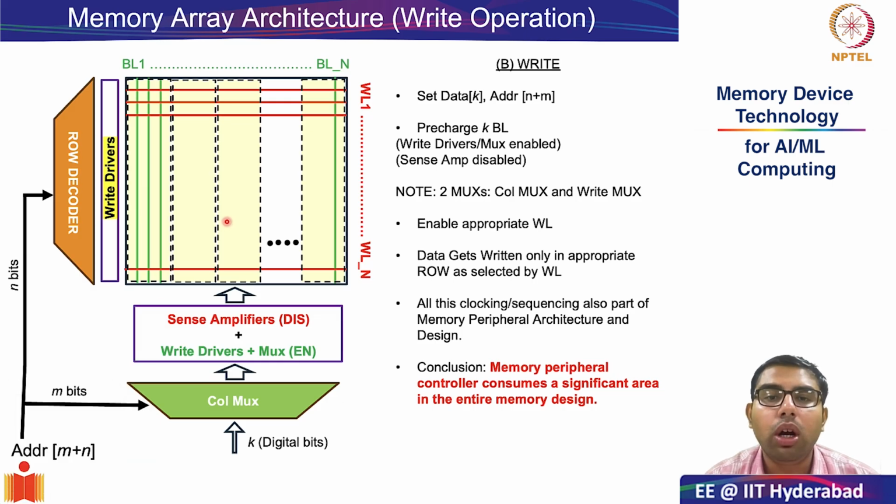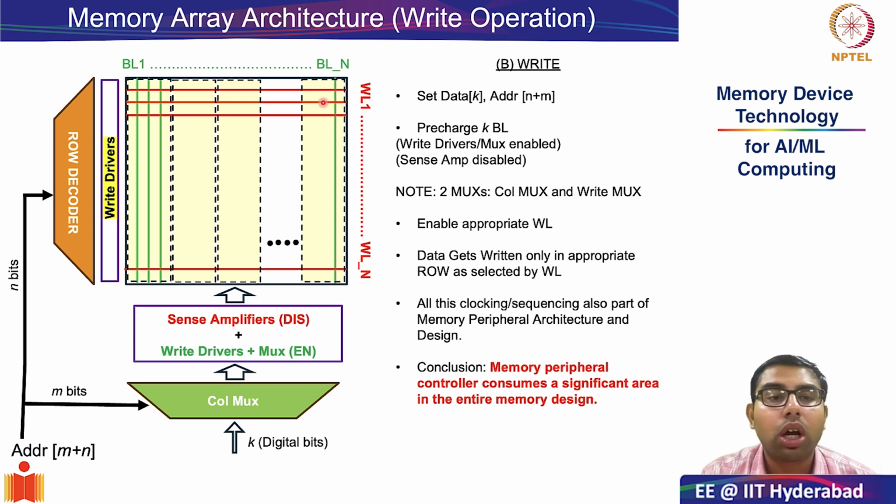Let's try to recall what we were studying the last time. We saw how a rectangular array can be folded into a square array to facilitate better read and write latencies and better power consumption. This was facilitated by having k pages within the square array, where k was equal to the word length. Having a square array meant that we had equal number of bit lines and word lines.